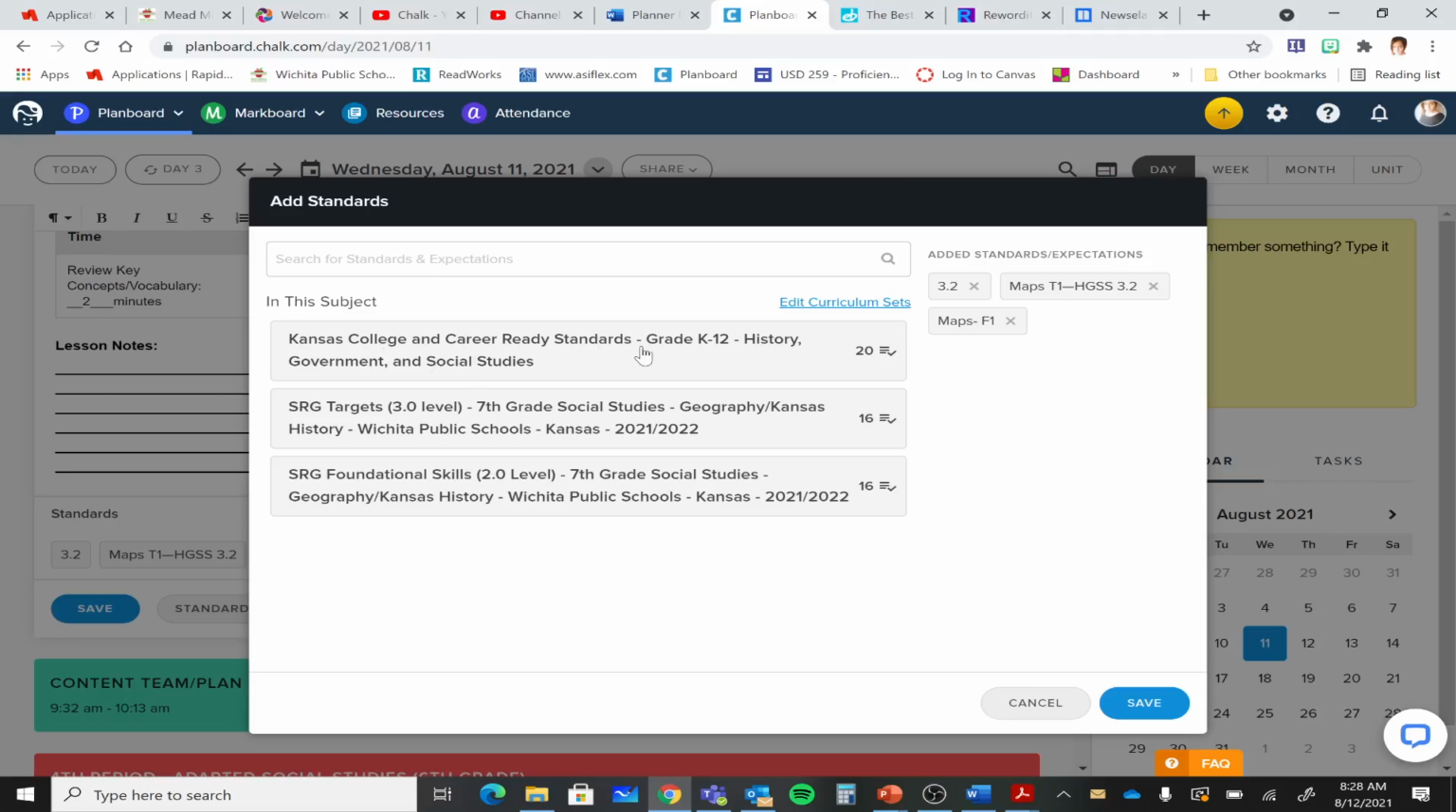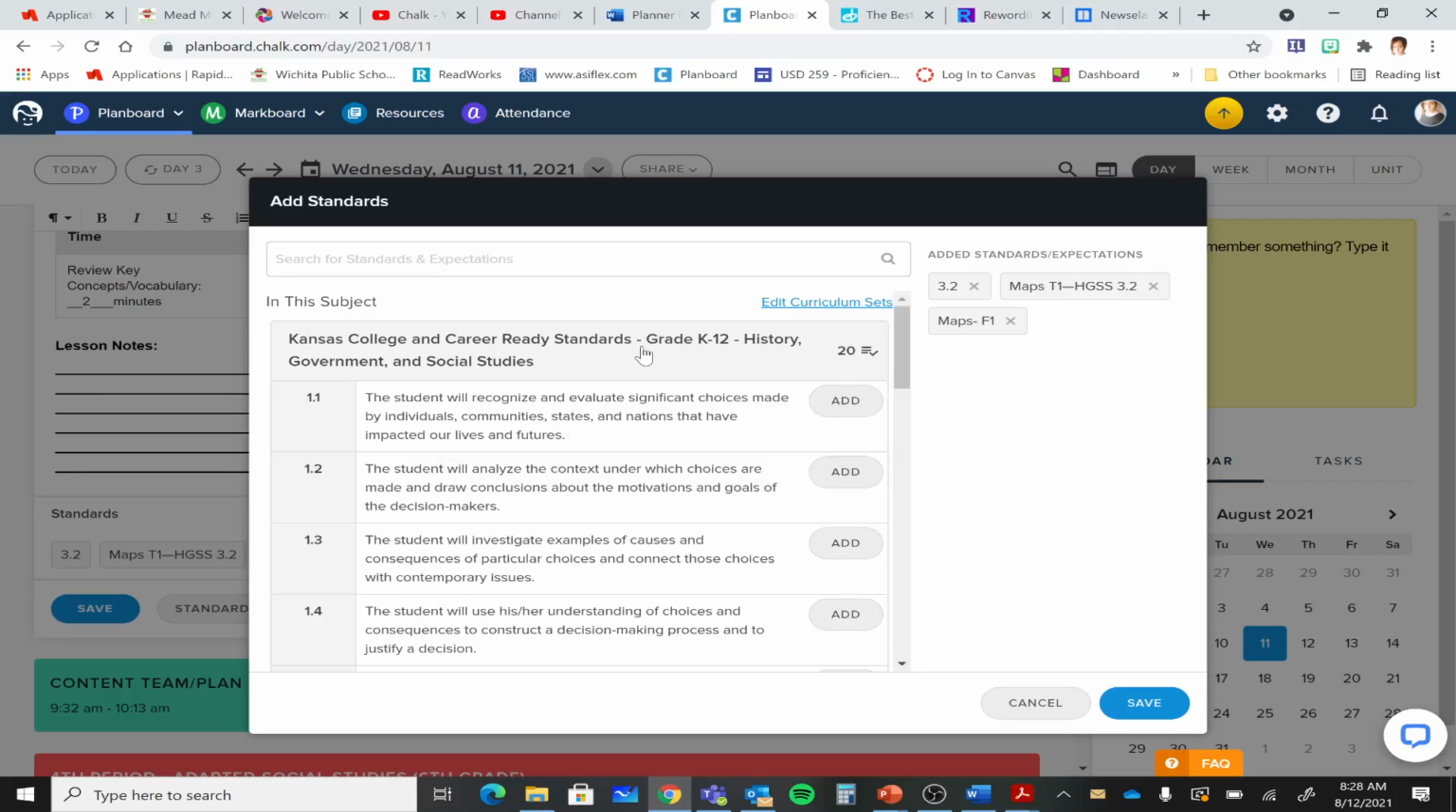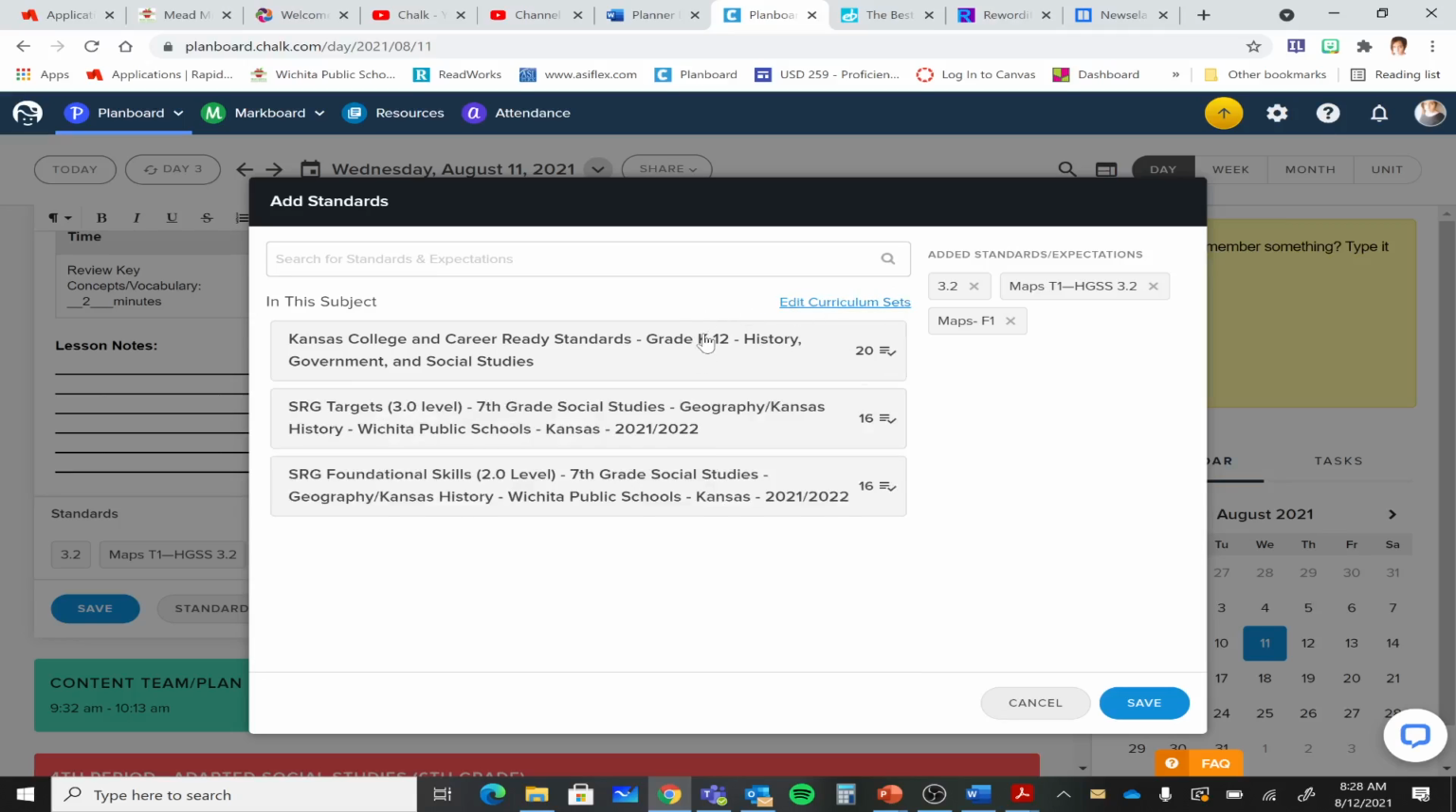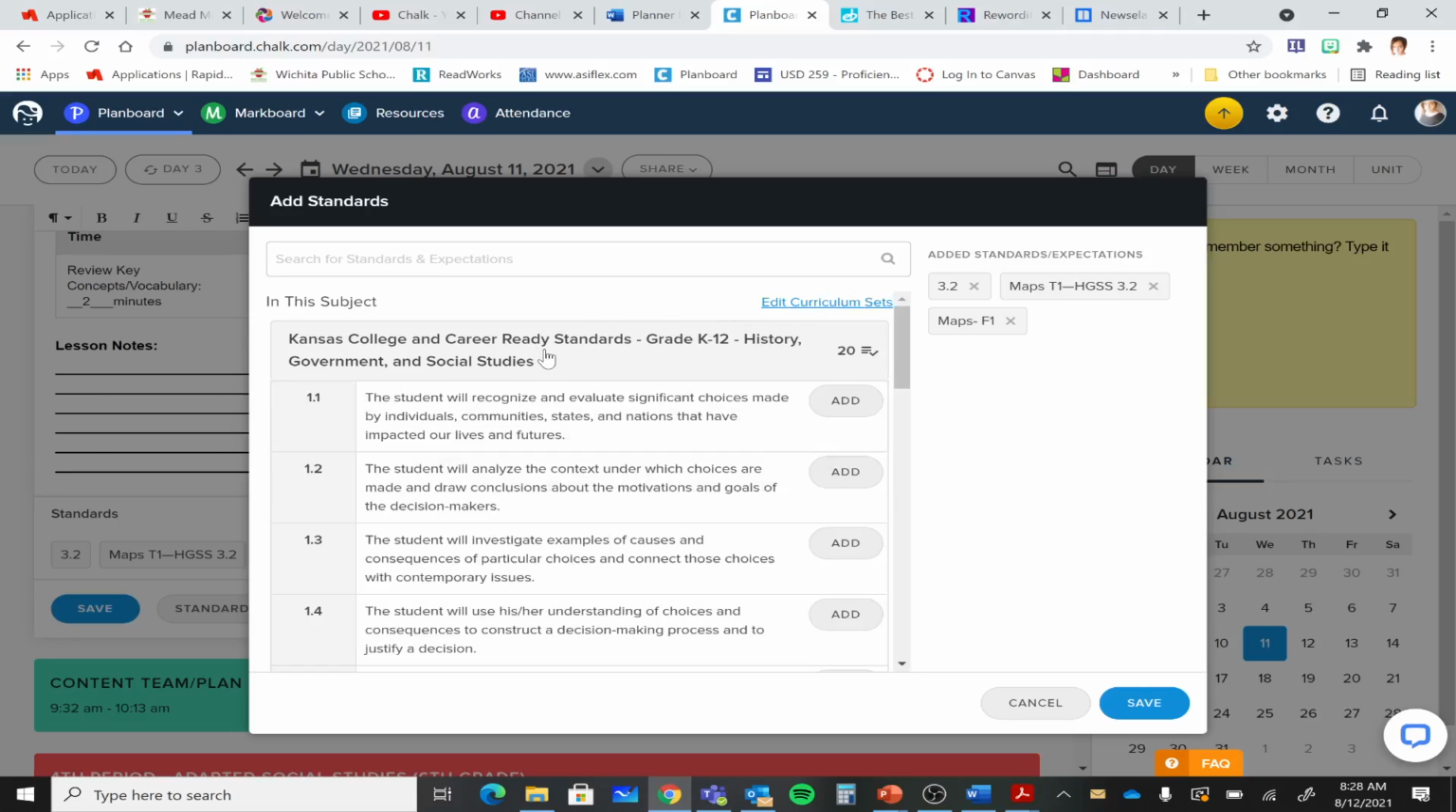Kansas College and Career Ready Standards, which I would click that one first, because the order that you choose the standards is the order that they're going to appear on your lesson plan when you print it or email it as a PDF to your administrator. So then I would just select the standard I want there, and then I could click back on where it